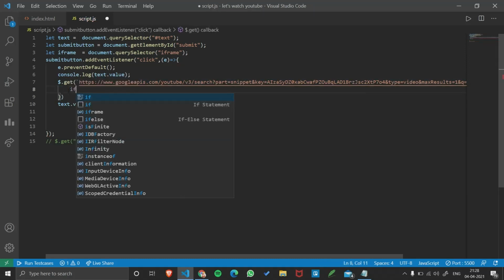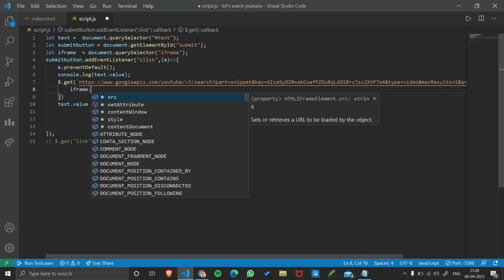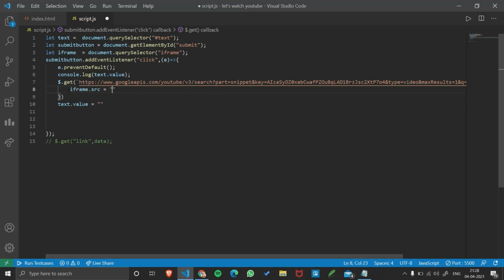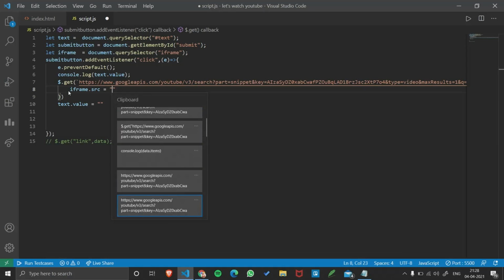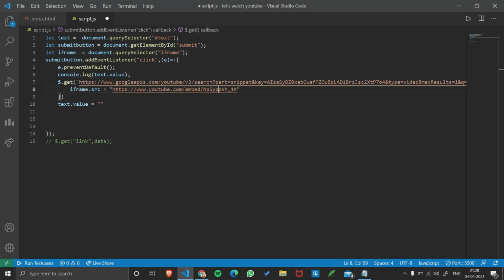And if I do iframe dot source is equal to, let me just grab that link. Okay, got it. And I'll do the same here. I'll use this to put a direct dollar sign, and I'll remove this. And now you will get the first video.